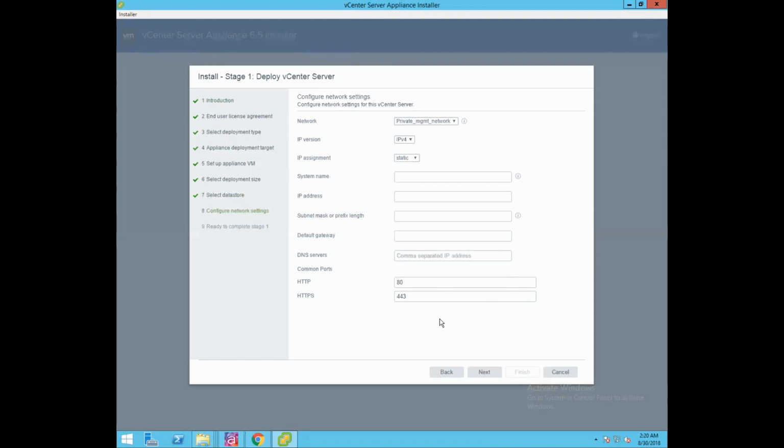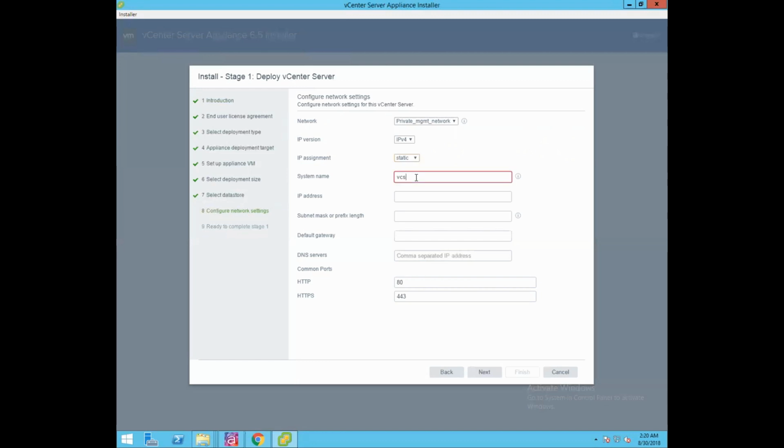Now in this wizard, we have to configure network settings for our vCenter Server. Let's select the network as private management network, IP version as IPv4, and, as I mentioned, always select IP assignment as static for any of your management components. Provide the system name.